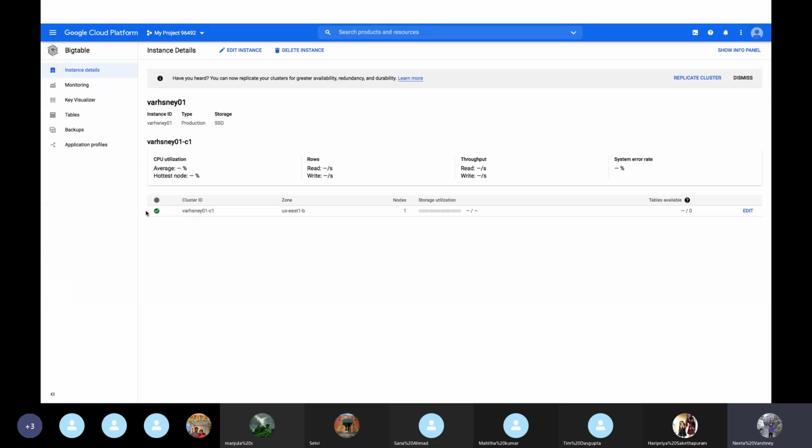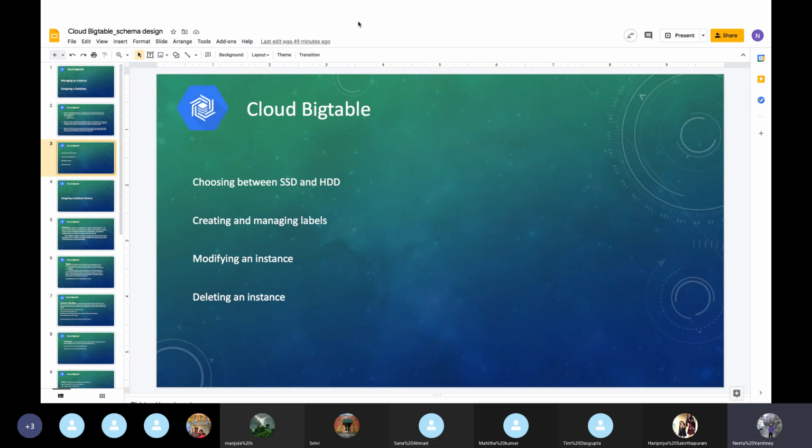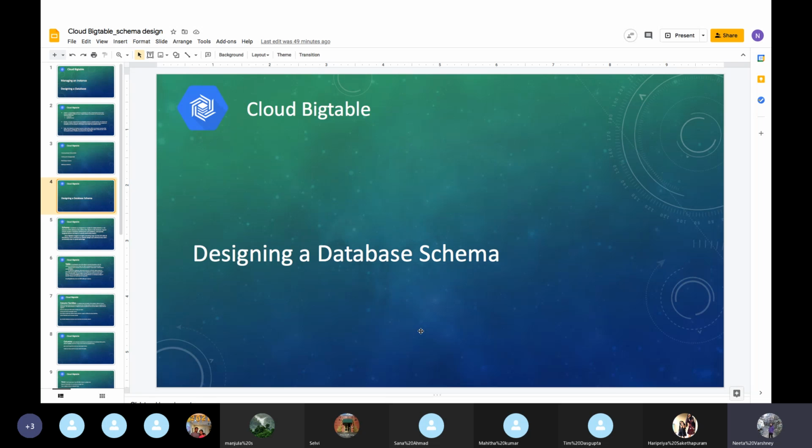The only things which cannot be changed once a cluster has been created are the instance ID and the storage type. Otherwise, you can modify or delete everything in this instance. So this is for managing an instance. Now, the second part. Any questions on managing an instance?